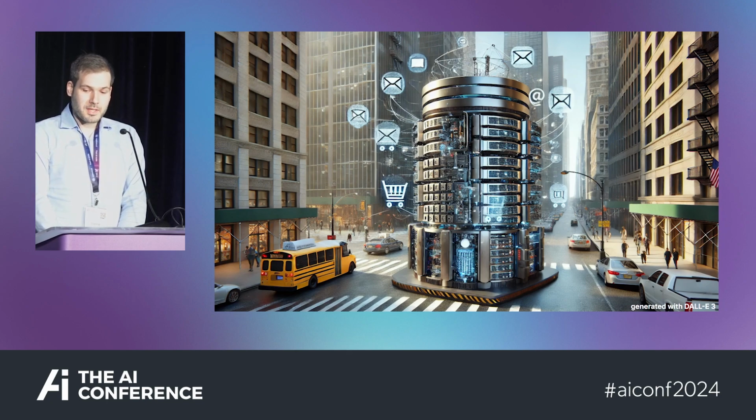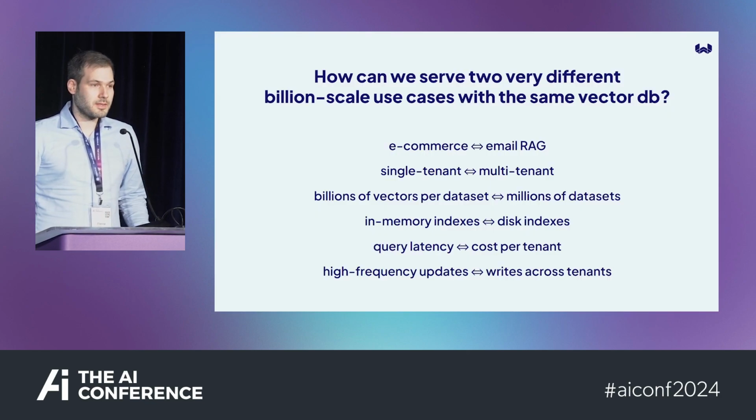But what you can see with this one is it's kind of juggling two different things. On the one hand, there are emails, and there are these shopping carts representing e-commerce use cases. And what we've seen is that while both use vector search and both work with vector embedding models, the underlying use cases are quite different, and also the scaling challenges that come with that